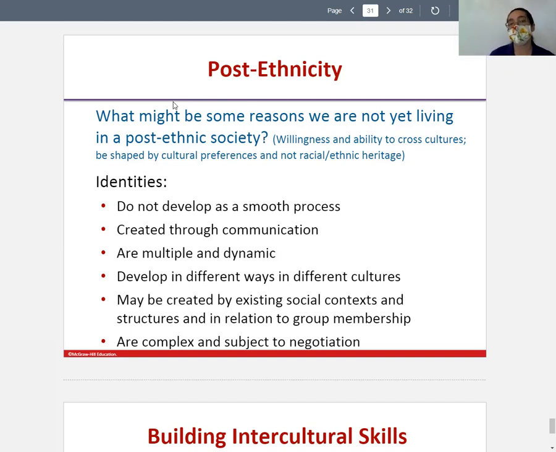So, why might we not be yet living in one of these? Who knows? People get comfortable in what they know and what they do. So that could definitely be a reason. There might be people in power who are unwilling to give up the power in order to share it. I can't tell you that because I'm not a psychic. I don't know the answer to everything. So then the question is, what can we do to help,